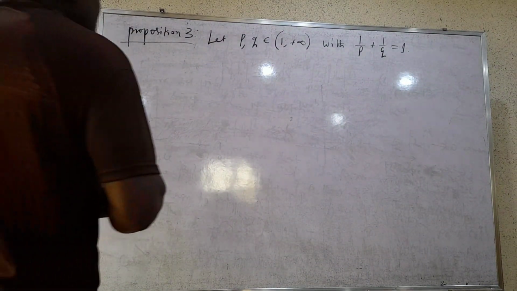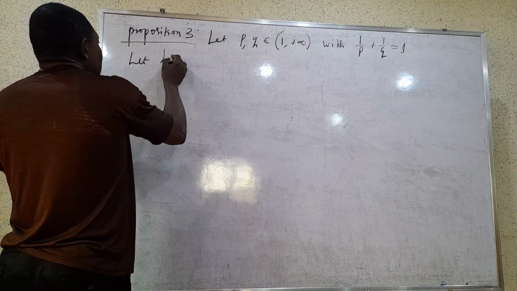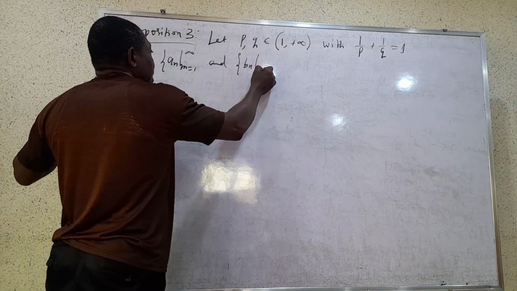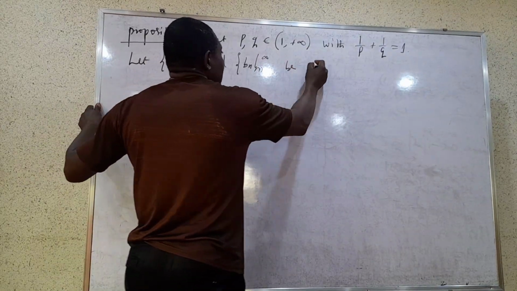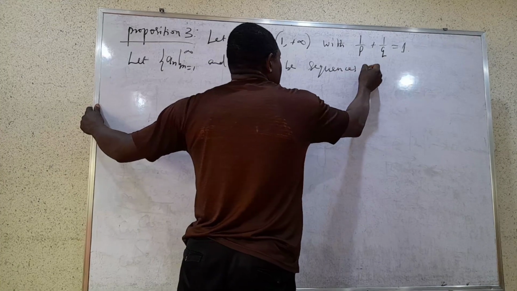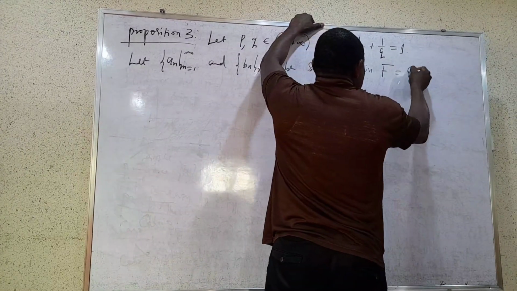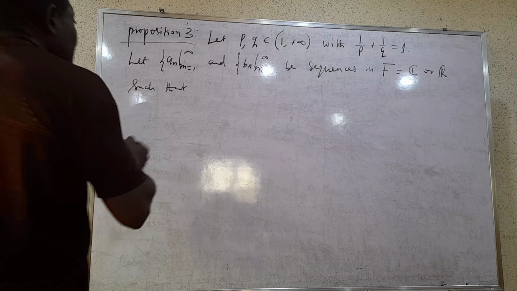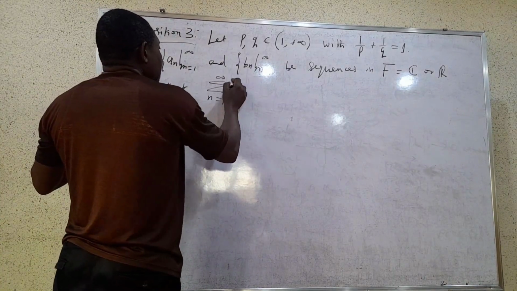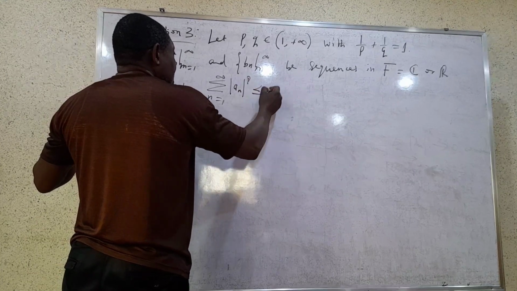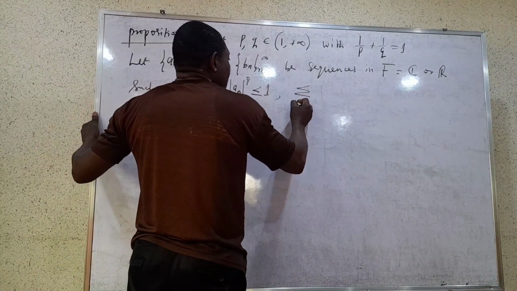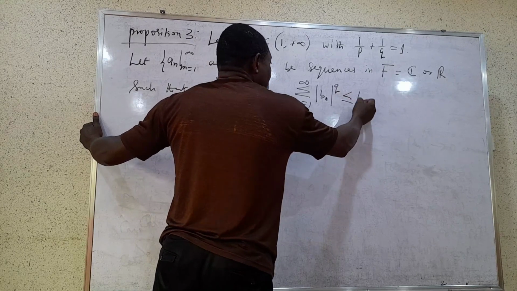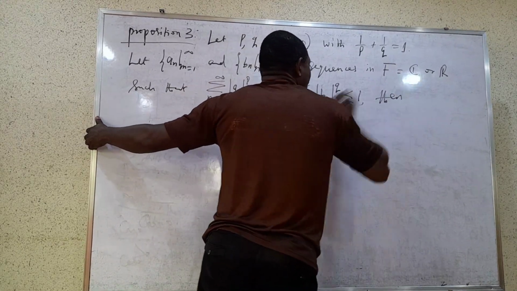If we make that assumption, we let (a_n) for n equals 1 to infinity, and (b_n) for n equals 1 to infinity, be sequences in F equals C or R, such that the summation n equals 1 to infinity of the absolute value of a_n raised to power p is less than or equal to 1, and the summation n equals 1 to infinity of the absolute value of b_n raised to power q is less than or equal to 1. Then we can conclude that